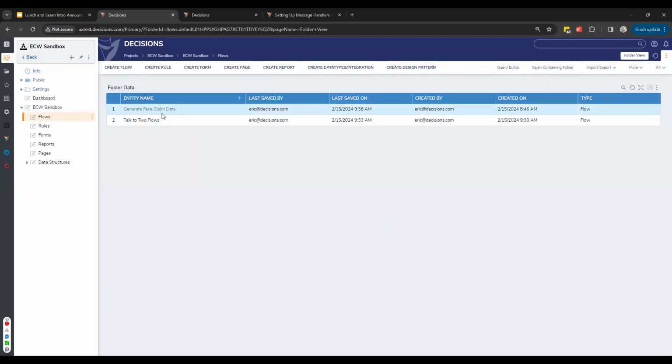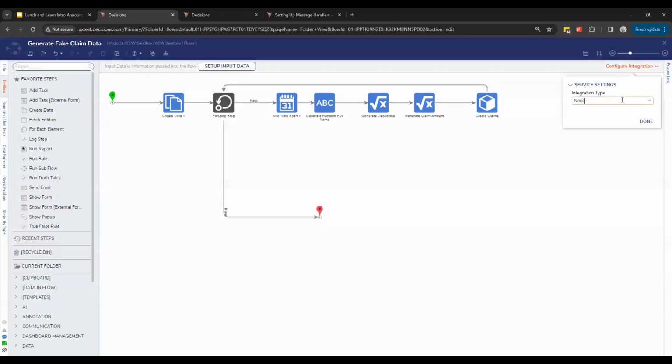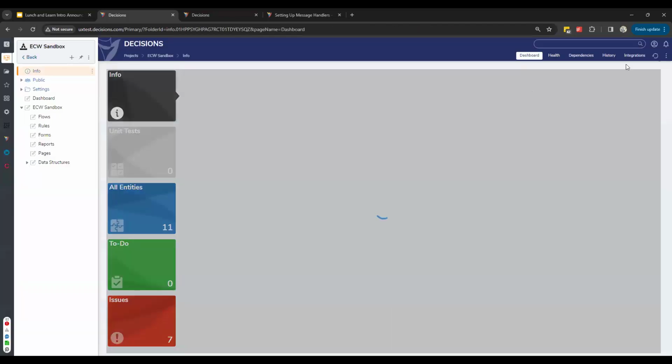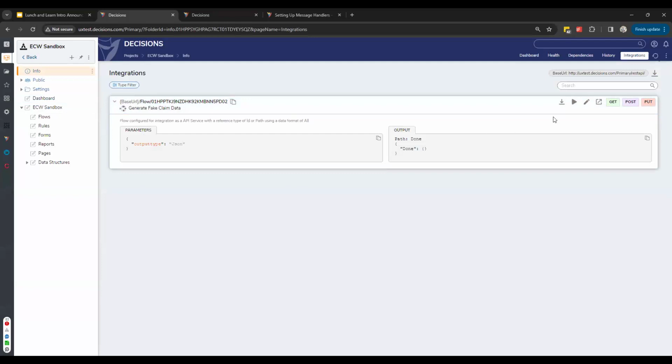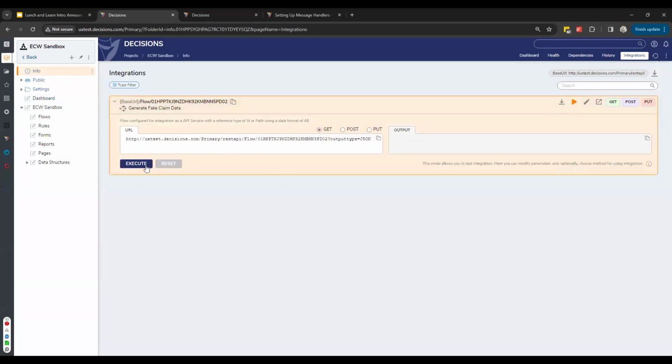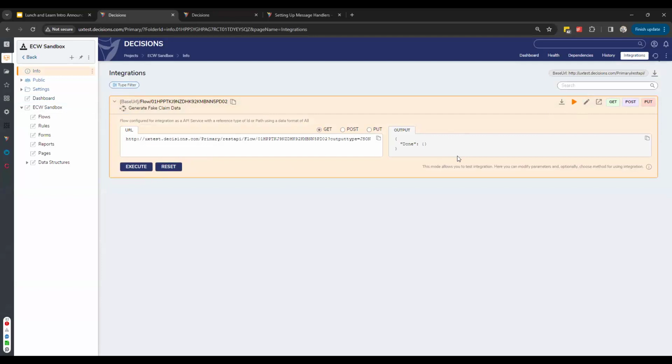So if I take a flow and say, hey, workflow, you now can be called as an API. And sure, I'll use all the defaults for now because I don't really care. Now at the top project level view, I can go in and say, show me all my flows and rules I've exposed as a service. I could even come in and test them. So if I wanted to put in data and execute them and see what the data comes out as a test, I can see them here. And I can even download the definition of these things as Postman, Swagger, or JMeter. So lots of cool things you can do there.